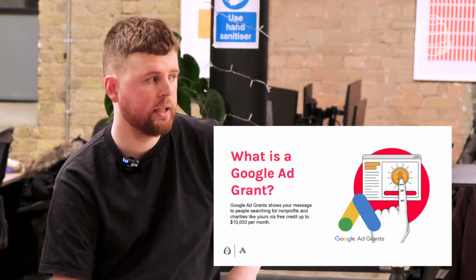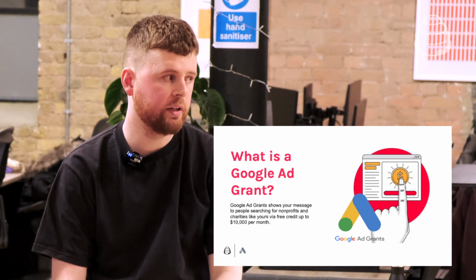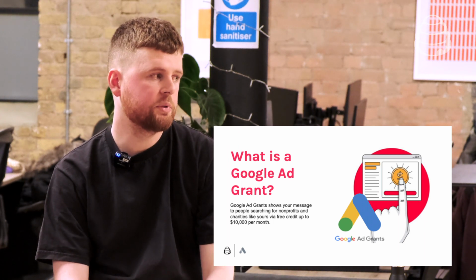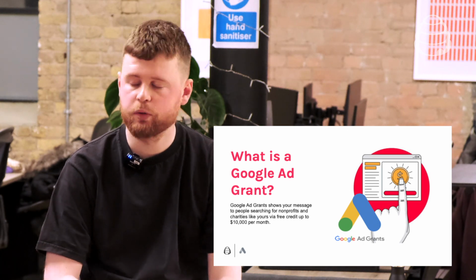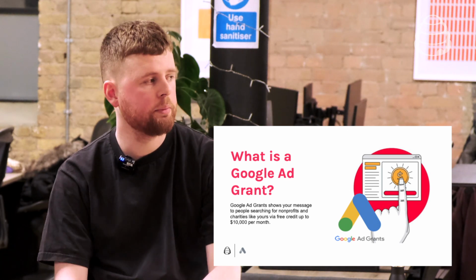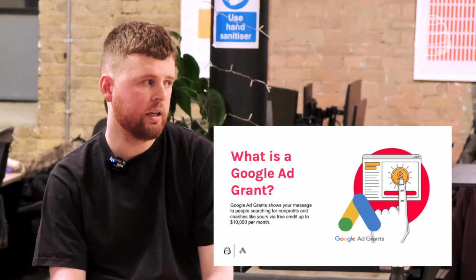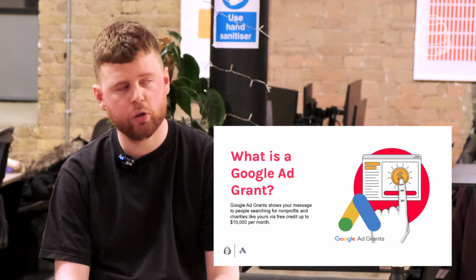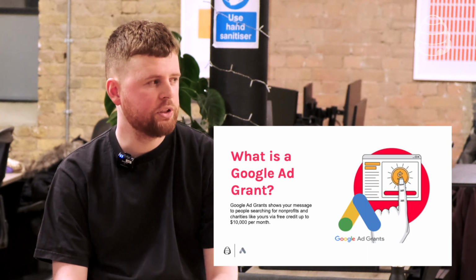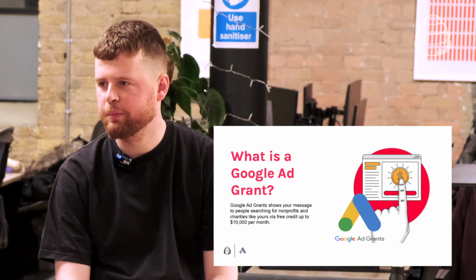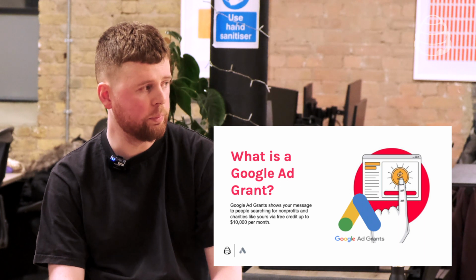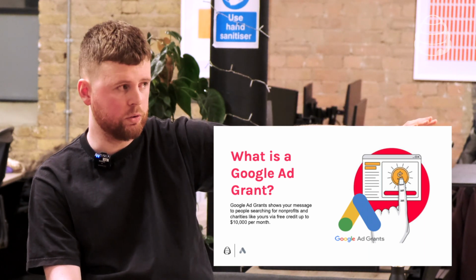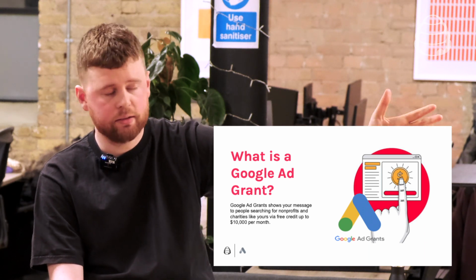As I mentioned, the Google Ad Grant is Google's way of giving back. They make huge revenue from what they do. So they give it back to non-profits and charities, and about 99% of our clients would be able to apply for it. It gives you a free credit of up to £10,000 per month. So that's $329 a day, which is, I think, £260, but I might be off on the currency rate at the moment. So it's a huge source of marketing spend that most of our organizations would dream of having, and it's entirely free.